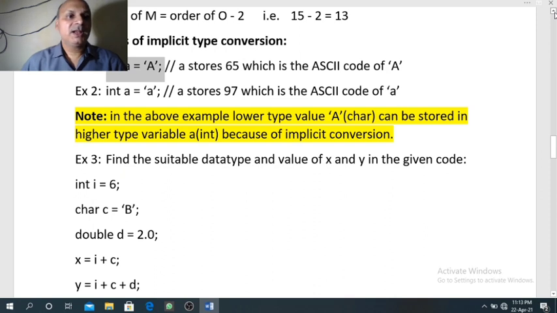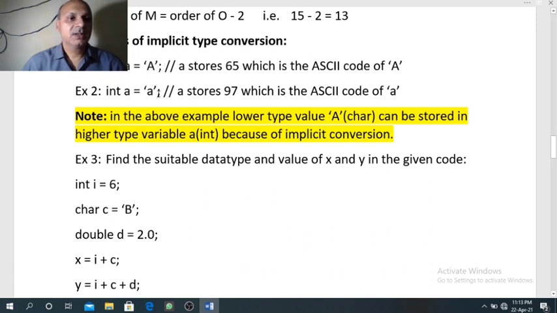Between character and integer data type, integer type is higher. That is why the result will get converted to the higher type by implicit conversion. Whenever we store a lower type value in a higher type variable, it is possible. So here the system will take the ASCII code of capital A, that is 65, and that 65 will be stored in the variable a. So a stores 65.